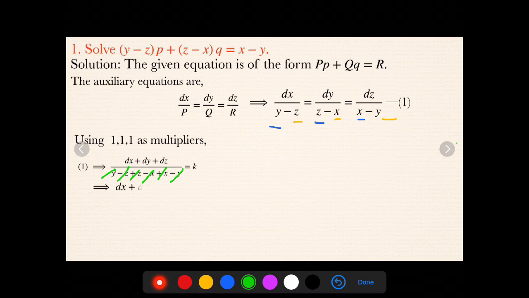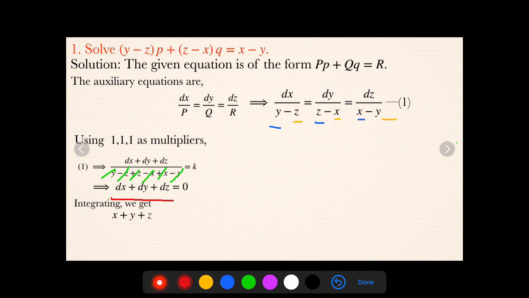So the denominator of the multiplier becomes 0, and transferring it to the other side we get k into 0 equal to 0. So don't think about the 1 by 0 is infinity logic. Here we are just verifying whether the denominator vanishes or not, to check whether the chosen multiplier is a proper one. That type of logic doesn't apply here. Observe carefully: the coefficient of dx is 1, which is constant. The coefficient of dy is also constant. The coefficient of dz is also constant. So I can integrate this.